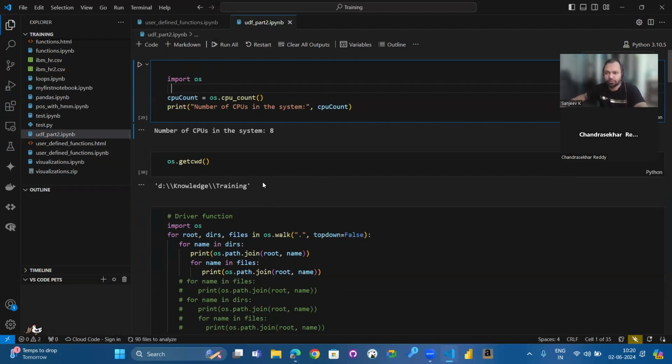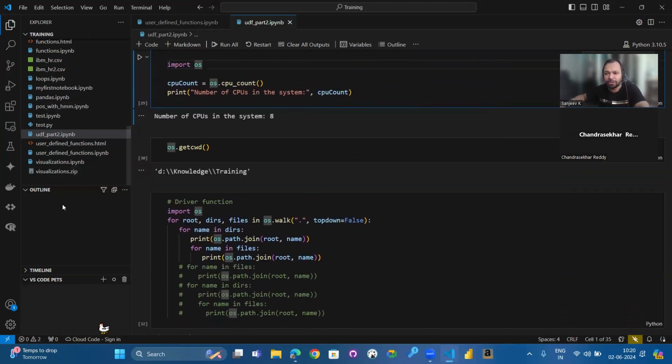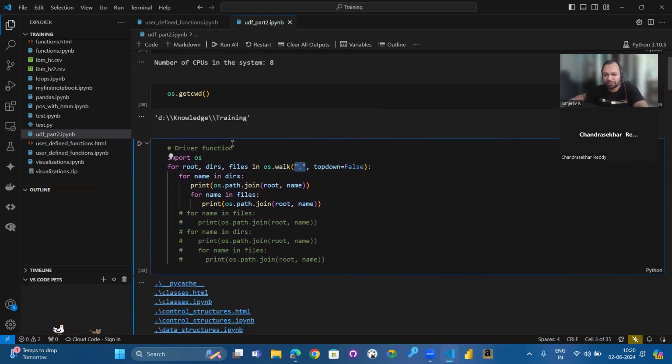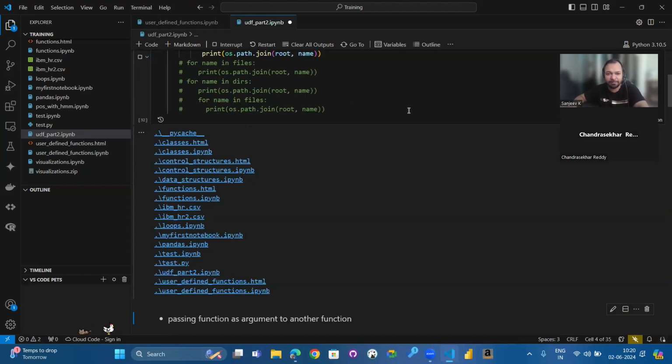I'll tell you how I do that, but before that, I want to tell you about a couple of things. We have a module called OS. Just in case you want to go through all the files present in your directory, you can use the OS module and walk through the current directory. This is the path where you give your current directory and you can get all the files and folders. This is not required for now. I'm just trying to skip because I have it here.